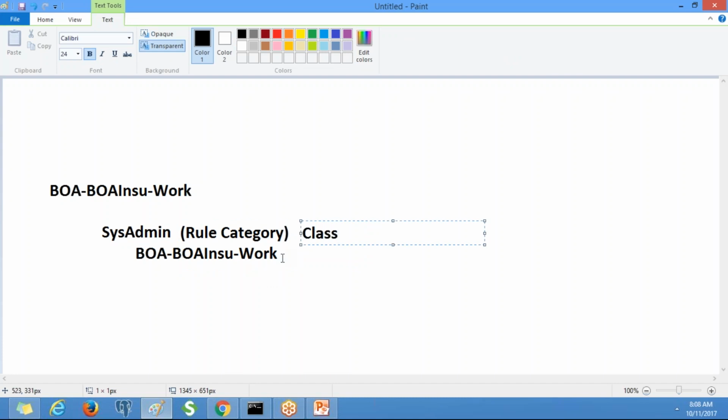It is a rule instance. Class is a rule type, so you need to remember that. Like this, we have different rule categories and different rule types. Whatever we create will be rule instances, or simply rules.